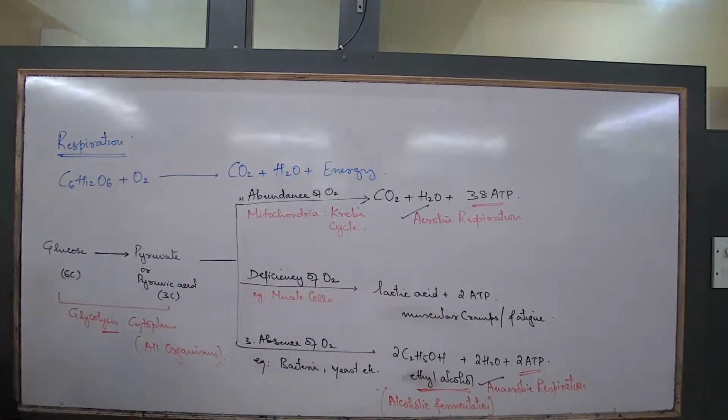What are the two major differences to write? Nobody will write. You first think and tell me. After that, I'll ask you to write. What are the two major differences between aerobic and anaerobic respiration? Presence of O2 and absence of O2. In anaerobic respiration, oxygen is not involved. In aerobic respiration, oxygen is involved in the breakdown of glucose. Tell me the second difference.